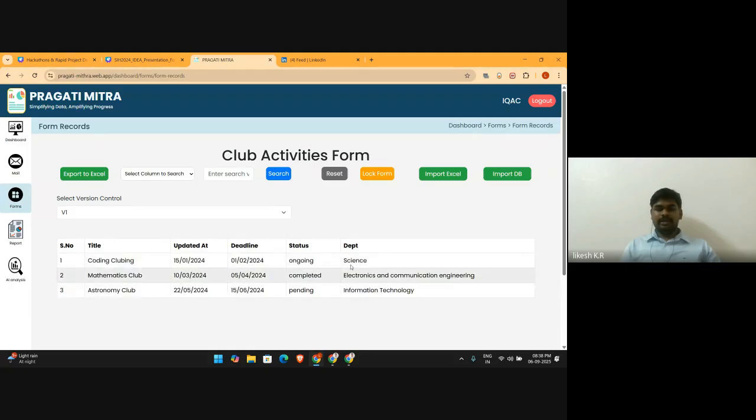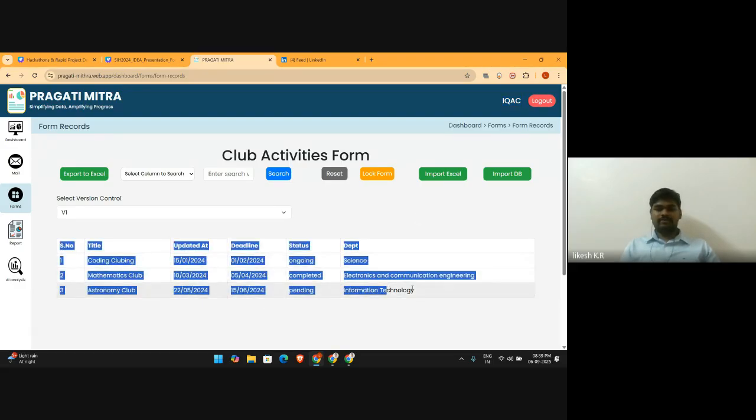Suppose Kaziranga is one department, so the Kaziranga admin will be given a user ID credential. So you can log into this portal and enter the data related to Kaziranga only. This is the IQAC portal, and this person can view all the data updates from every other department. So this is a unified view.